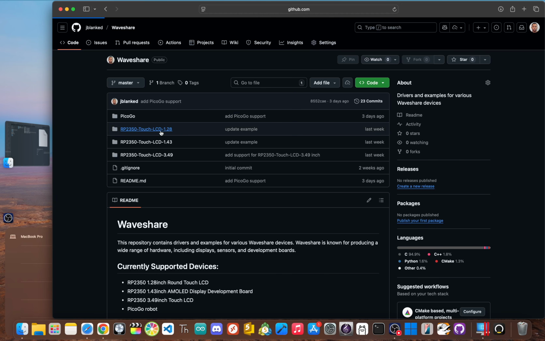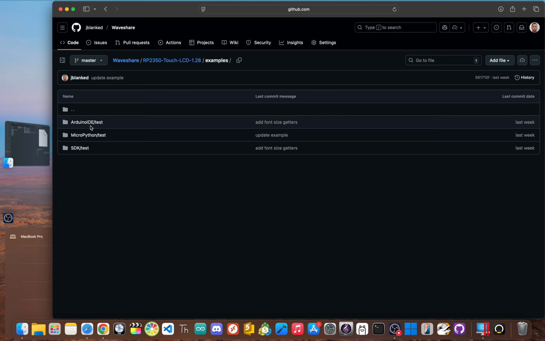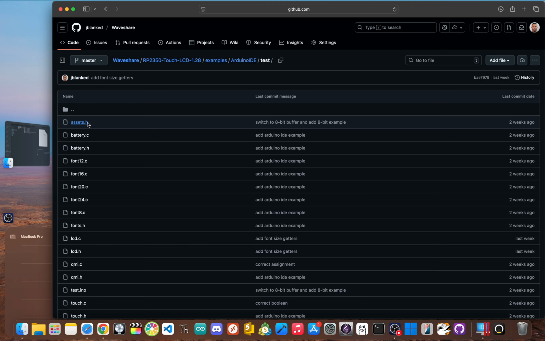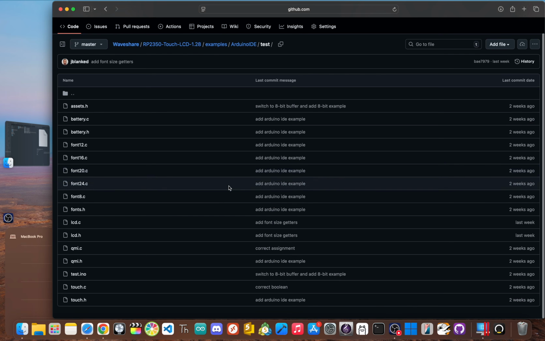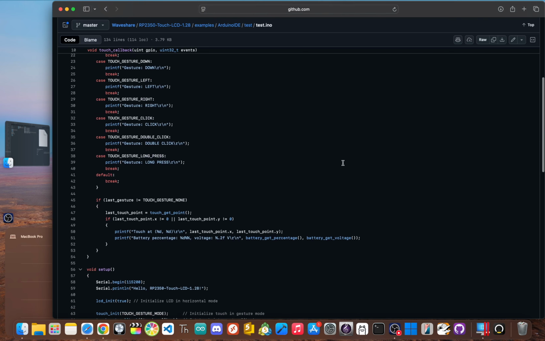I decided to write separate, streamlined libraries for the Pico SDK, MicroPython, and the Arduino IDE. Now, these were designed with one single goal: simplicity. This allows you to focus on writing clean, readable code for your project. With these libraries, you can fire up the display with a single line, draw shapes with simple commands, and read